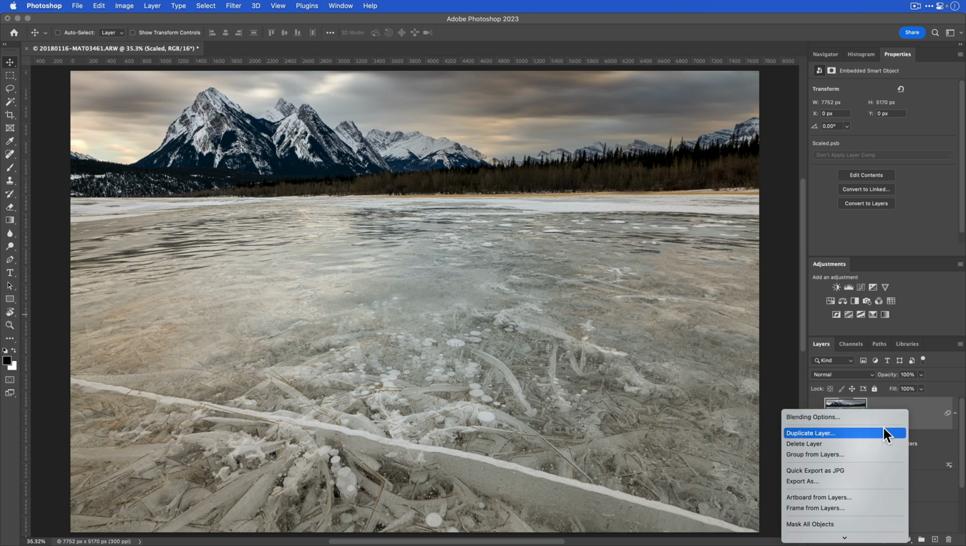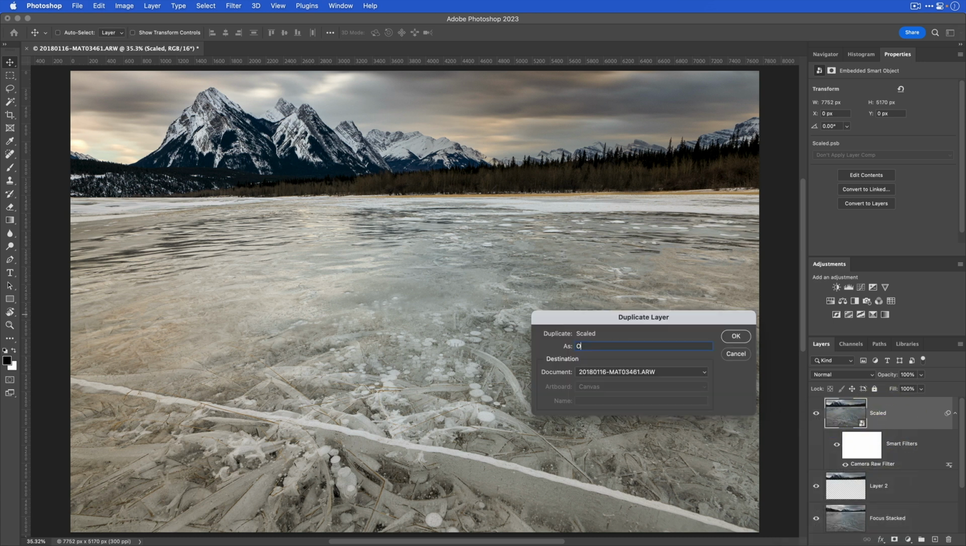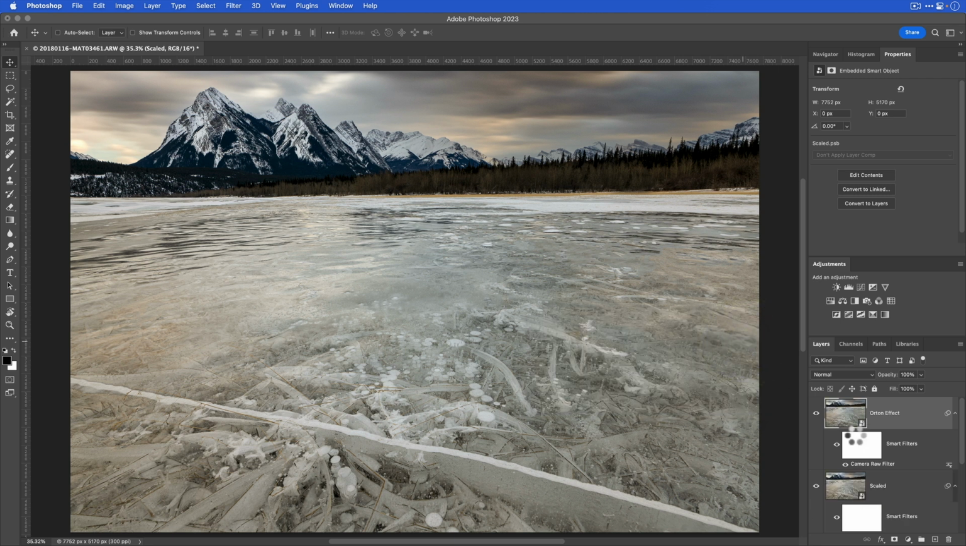I'm going to right click, go to duplicate layer, and I'm going to call this Orton Effect, and then click OK. So now we have two different layers here with the same effect. If I turn this one off, you see that they're identical. The way that you apply an Orton effect, this is one of the ways, but this is generally the way